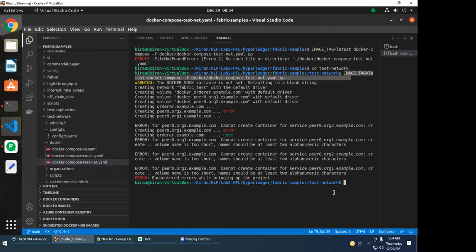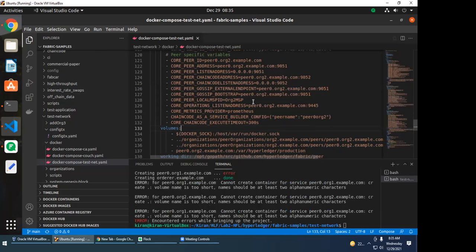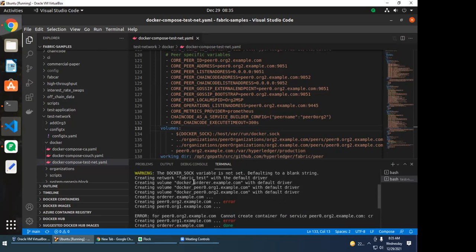Okay, got it. So basically, you have to make one small change. Open your docker compose testnet.yaml. So see, you have two options. Why you are getting this error is, if you go to the terminal, there is a warning. Yes. There is a warning. Go up. This one. The DOCKER_SOCK variable is not set. So what is this DOCKER_SOCK variable? This variable has a value. The value would be